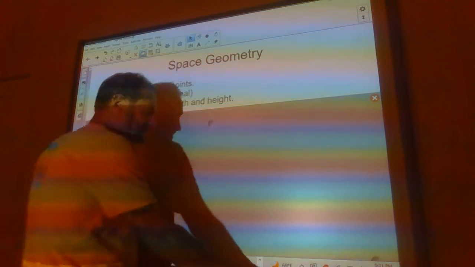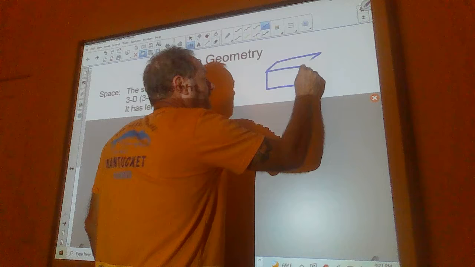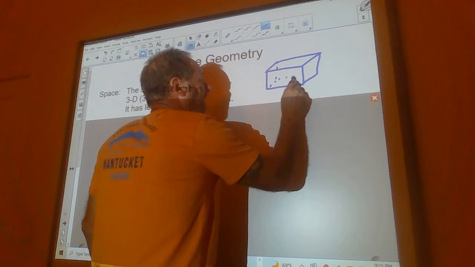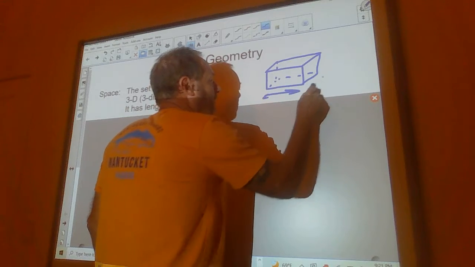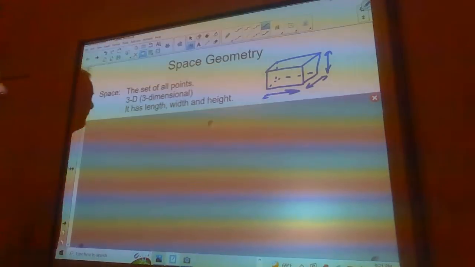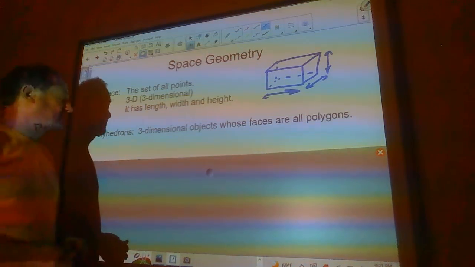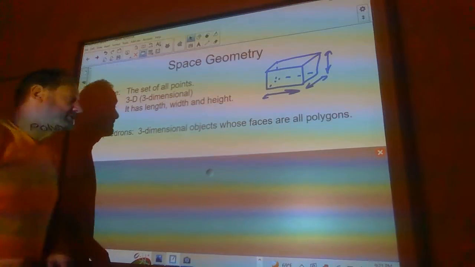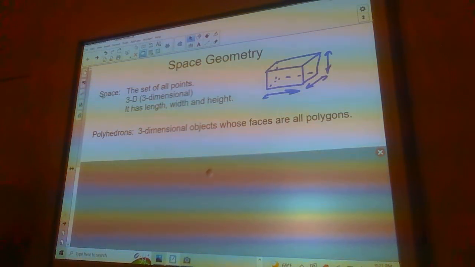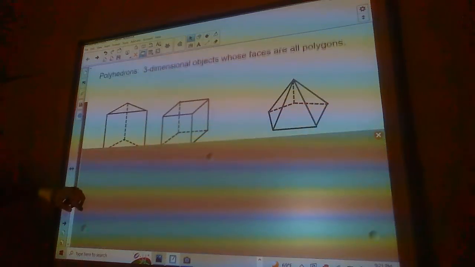So basically, a space is anything like this. Okay, it's got length, it's got width, and it's got height. So in a space, we have things like polyhedrons. A polyhedron is a three-dimensional object whose faces are all polygons. Okay, so here we have